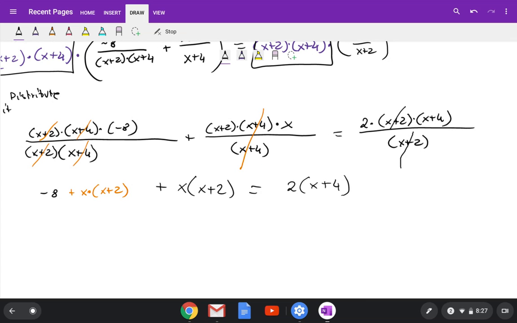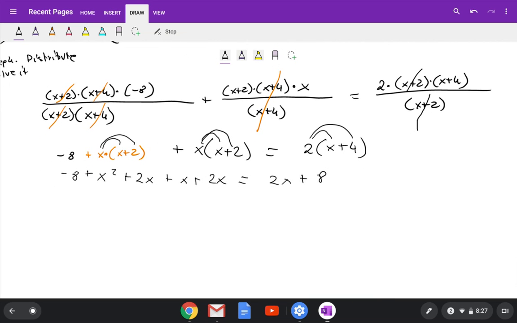Now, next we need to simplify. So we have negative 8. Here we're going to distribute x. So this is x times x, which is x squared, plus 2x, plus x squared plus 2x equal 2x plus 8. Okay, so now we need to combine like terms. So we end up with x squared. 2x plus 2x will give us